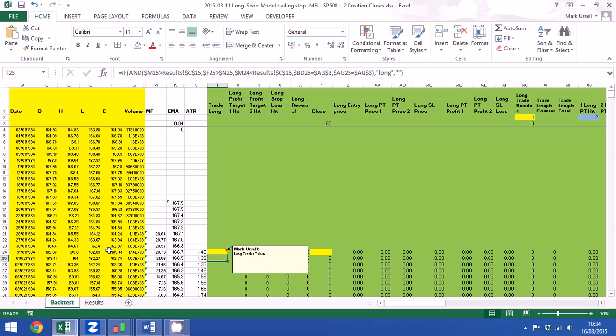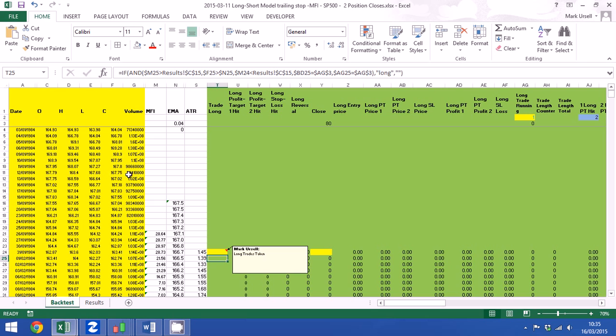We are replicating the effect of opening the trade in two separate positions, and so we can control them in different ways. We can set different profit targets and different ways of closing each one of these positions. So this is the standard setup for a Trade Informed spreadsheet. Over here on the left we have the data: